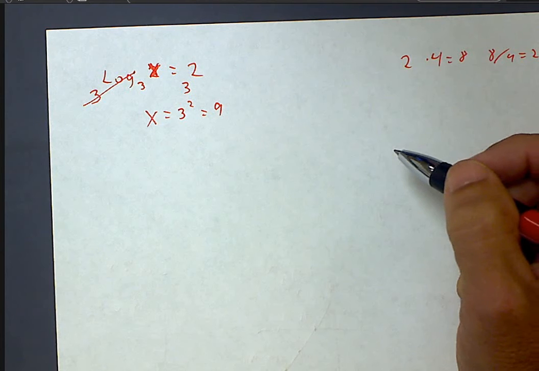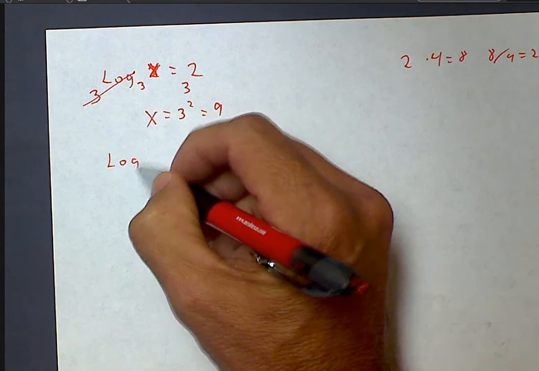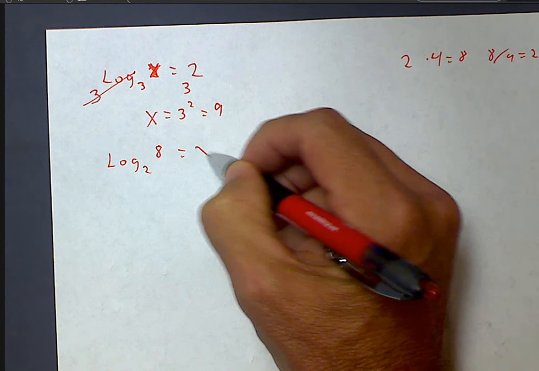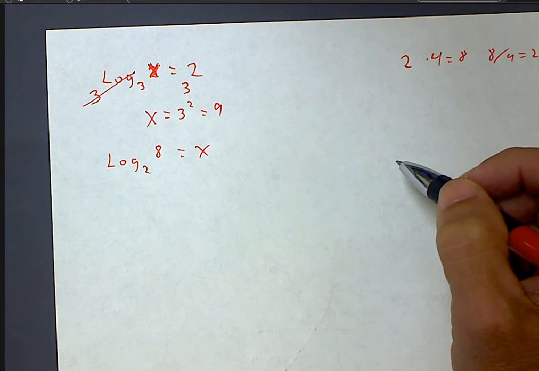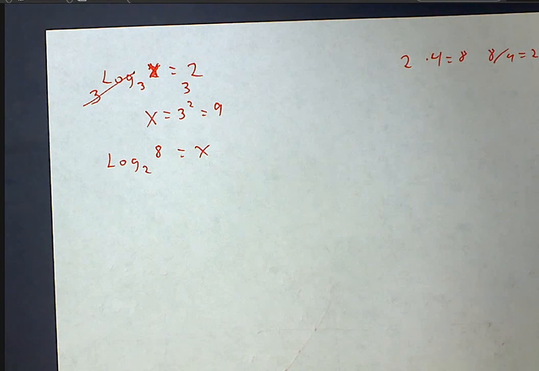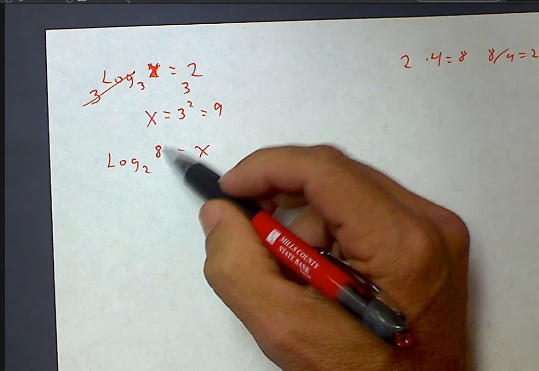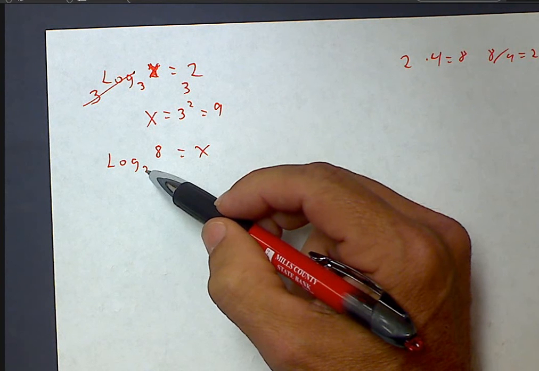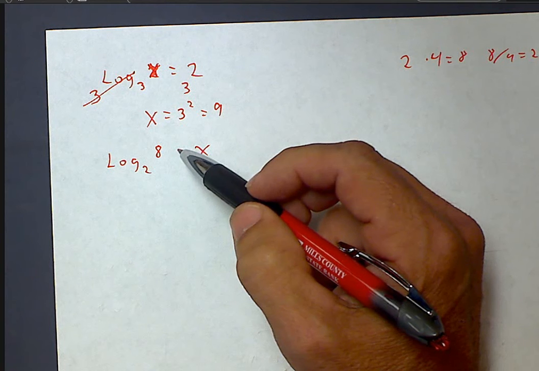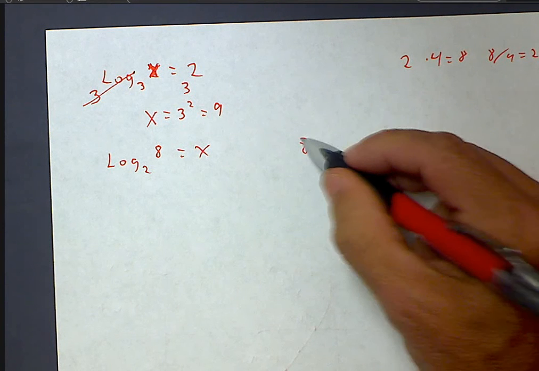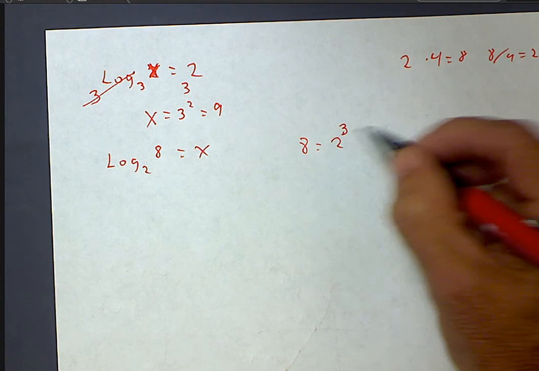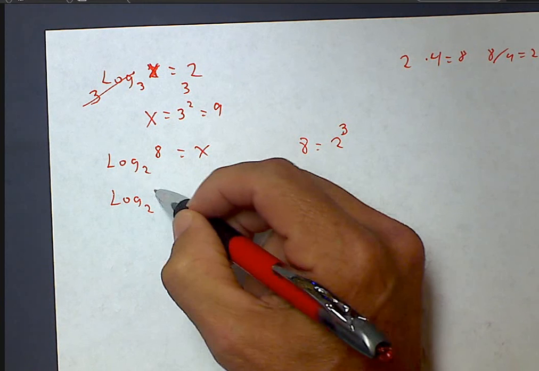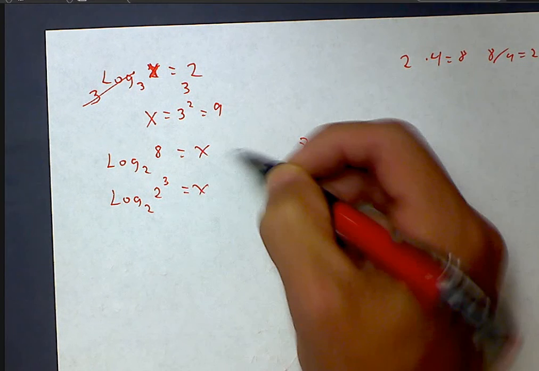What if I gave you log base 2 of 8, for instance? We can rewrite this in some sort of exponential form. Notice, log base 2, or base is 2. Can 8 be rewritten as an exponent involving 2? Isn't 8 nothing but 2 cubed? So if I can rewrite this as log base 2 of 2 cubed. Logs and exponents